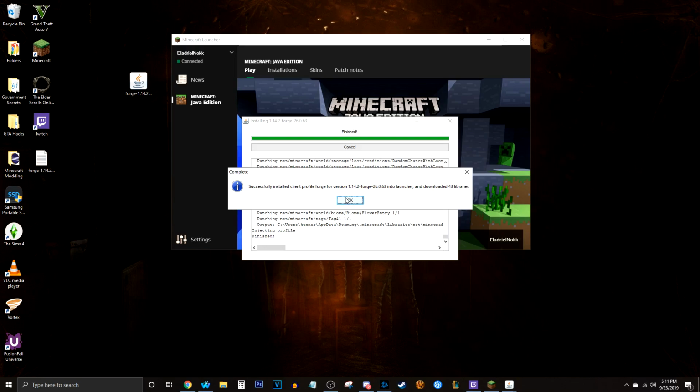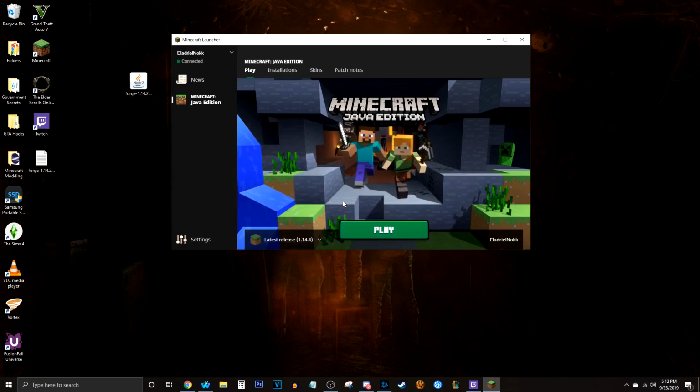That's another tangent. So here we can see we have successfully installed client profile Forge. You can see a not complete or unsuccessful message if, for instance, it can't find your directory, you give it the wrong directory, or there are files missing, I believe, for your Minecraft installation. So that's why you gotta make sure you launch it. And so now that it's installed,